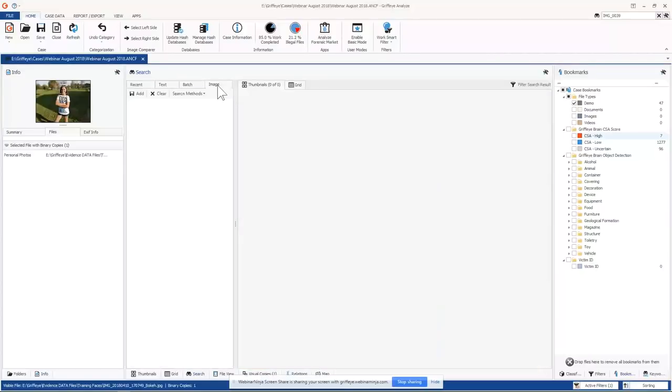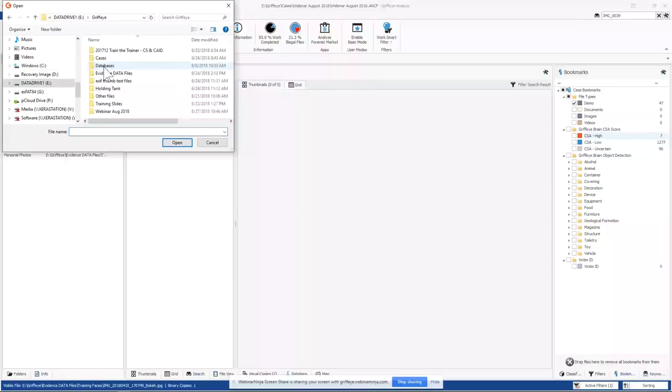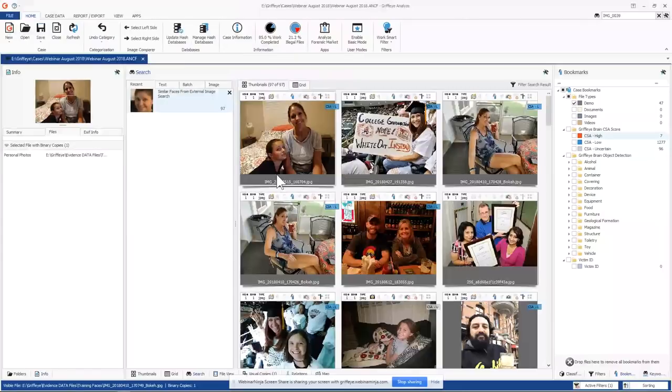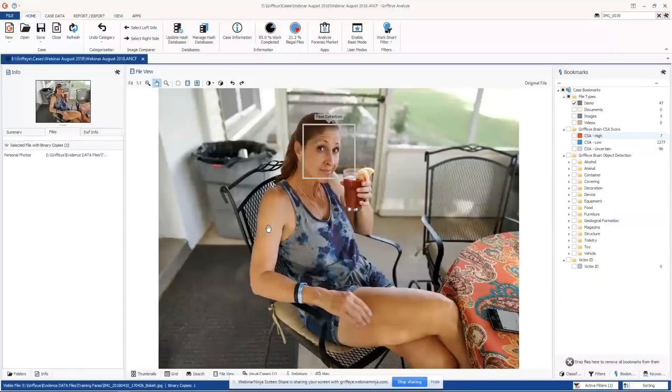So now let's say you have an external image that you want to look at. You happen to have a picture of a suspect or a victim, and you want to search for somebody externally. So we'll search for a picture of my wife, that she's going to kill me that I put on the webinar for all of you to see. So now that just performed a similar faces search from an external image. So notice it's pulled up these similar pictures. And again, this is a similarity search, so it's not the exact faces, but they're closer and closer the higher up you are to the top, and then you can do whatever you want to do with those pictures.